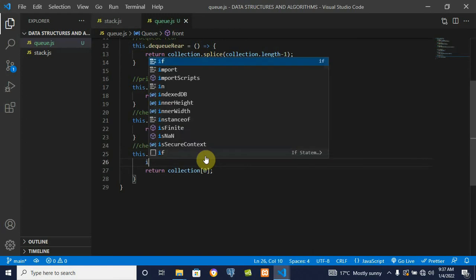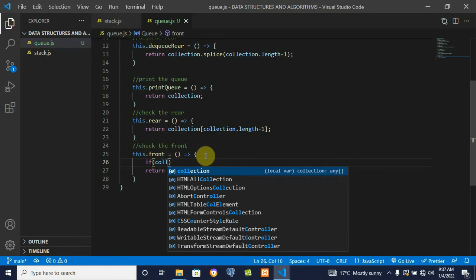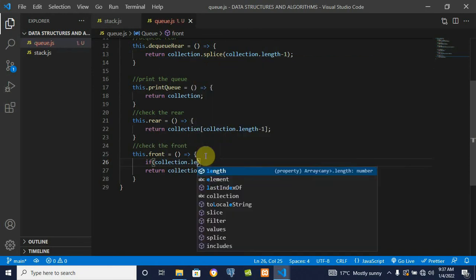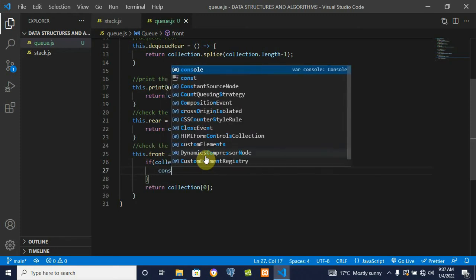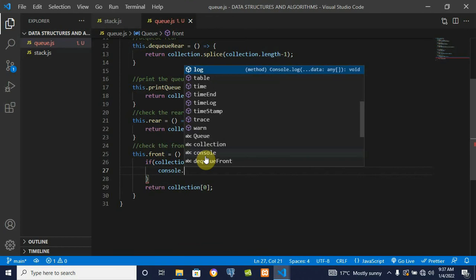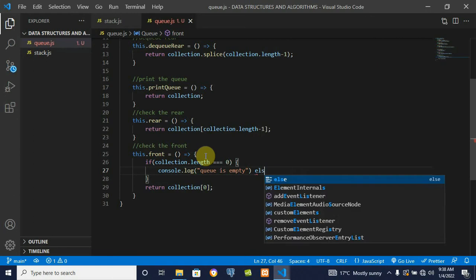Because we can't return anything if the queue has nothing in it. So maybe you can say if collection.length equals 0, then we do what? If collection.length equals 0, we console.log that our queue now is empty, else